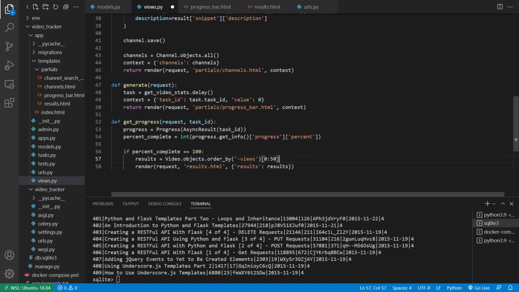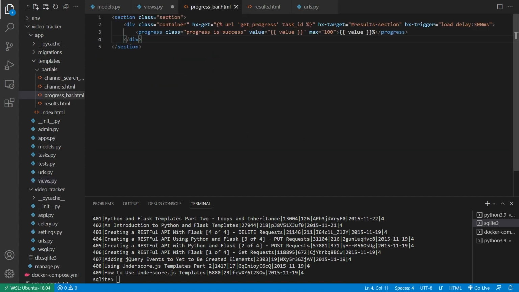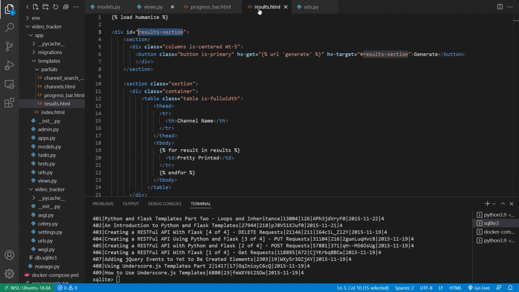Right, because later we're going to have the infinite scroll, but for now we just want the first 50. So we're just going to return this here. So in the case where the progress is 100%, what's going to happen is the progress bar is going to go away. The results section is going to be replaced with